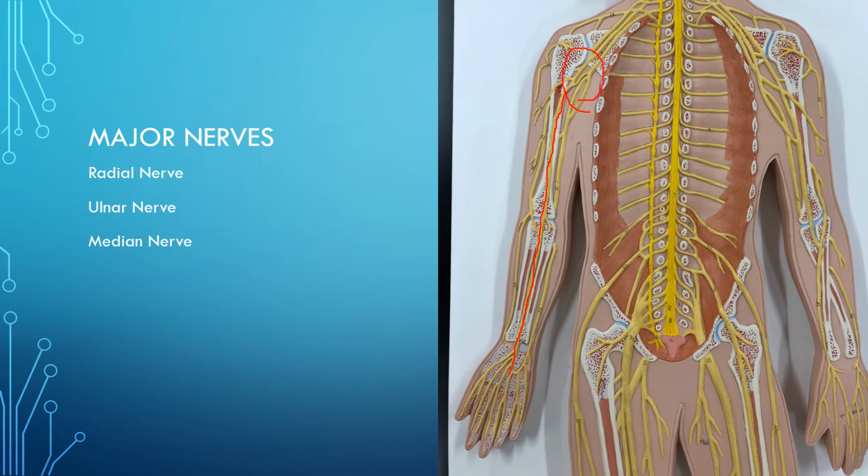When the median nerve is compressed by a sheath called the carpal tunnel, inflammation of the nerve can lead to carpal tunnel syndrome. Symptoms include numbness, tingling, and pain along the nerve track. The radial nerve, which is located here,